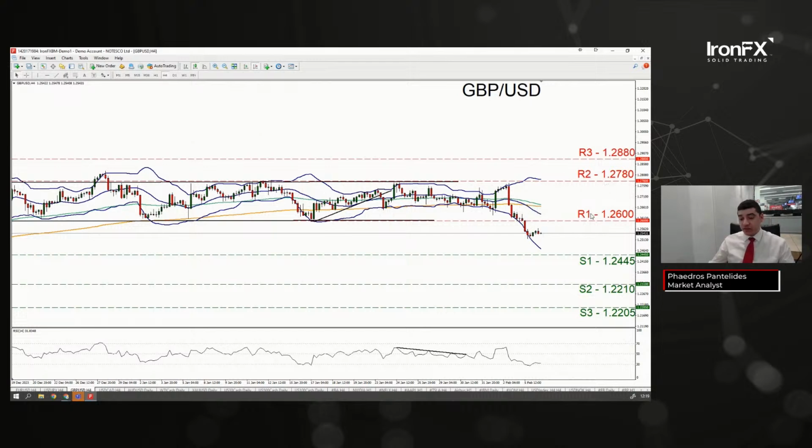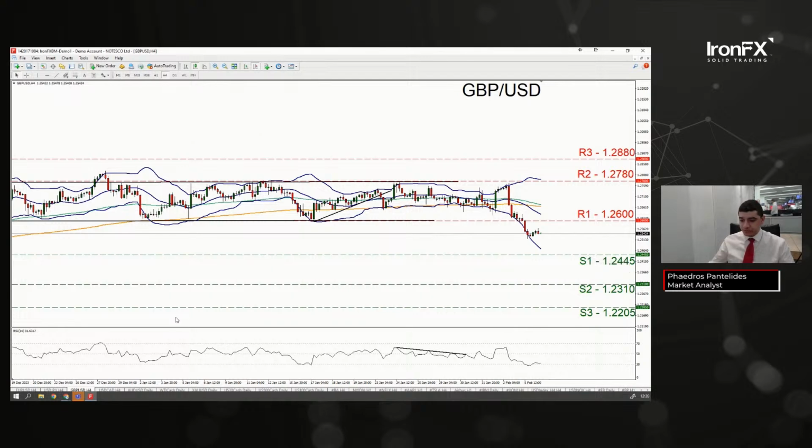And why am I saying sideways if it does break above R1? Just look at the sideways moving channel. If it enters this range, it could potentially stay within this range. For a sideways bias, if it does not break above R1, it stays in between S1 and R1. Note that the RSI is at 30, implying strong bearish market tendencies. So I have S1 1.2445, S2 1.2310, then you've got S3 at 1.2205. So bearish outlook, but I would like to see it test R1 and then move once again below and break